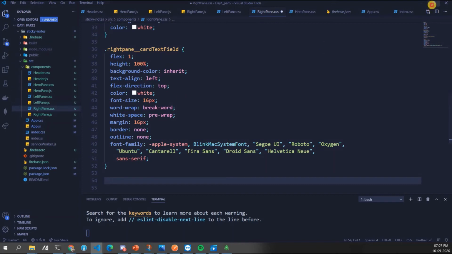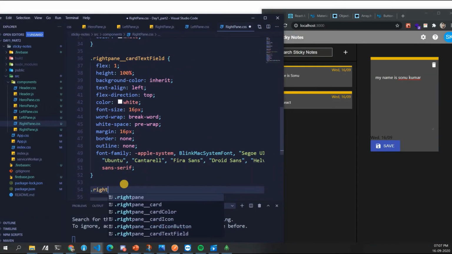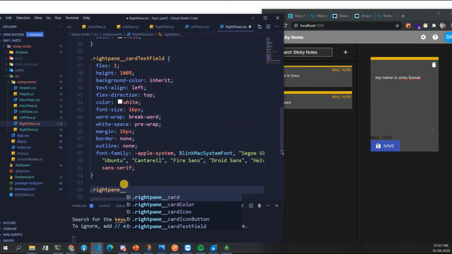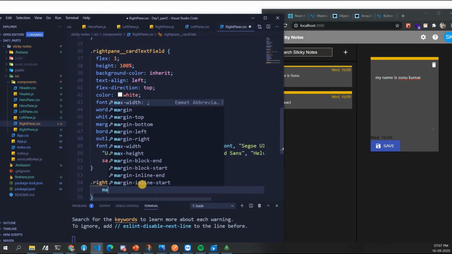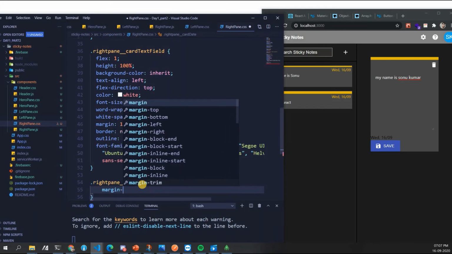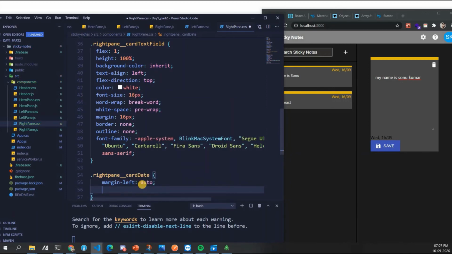So date. Let's go and see what is there in date. Write pane underscore card date. Correct? So card date. Let's do margin left auto. Okay.